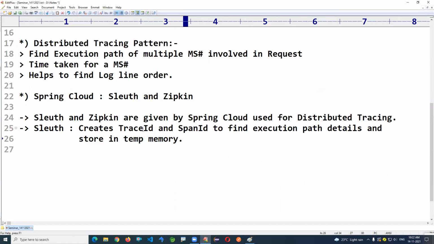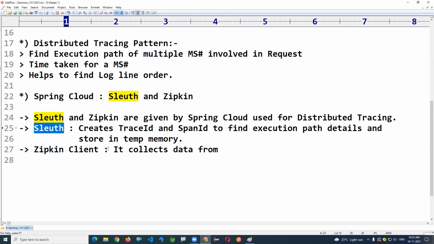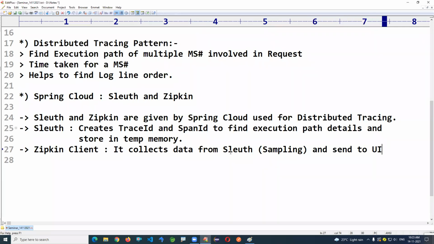So Sleuth generates the details. The Zipkin client collects data from Sleuth, which is called sampling, and sends it to the UI.